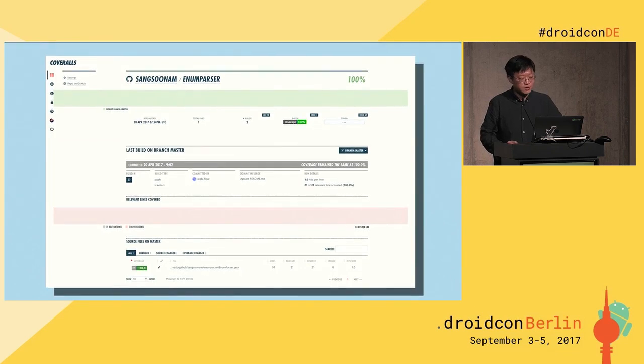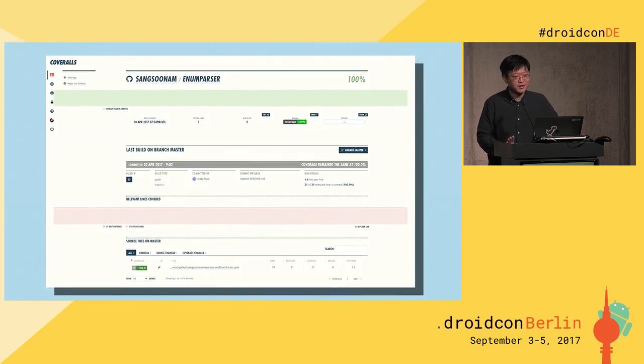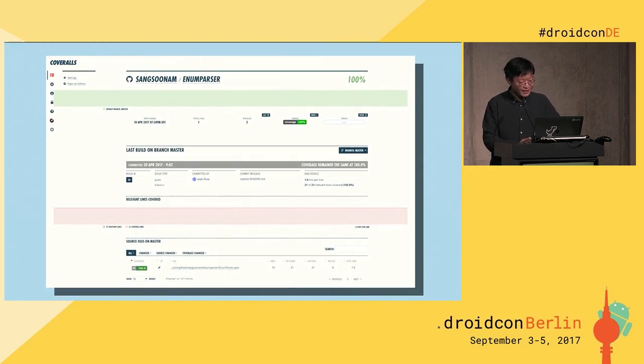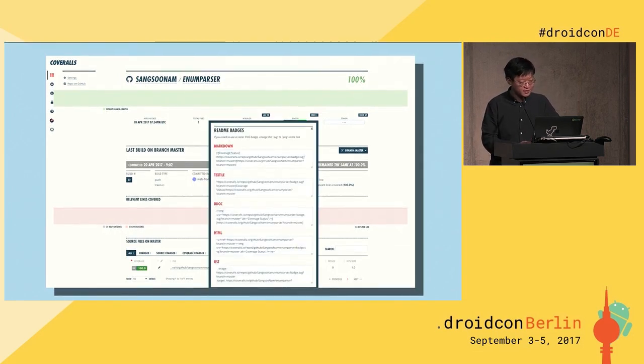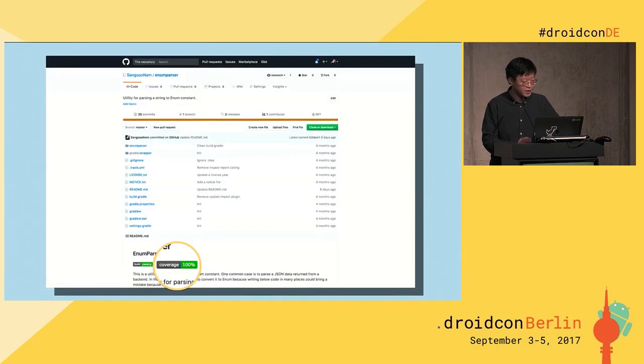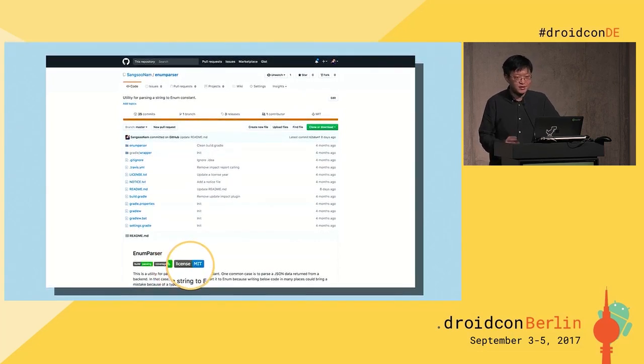And Coveralls is now showing the test coverage. Mine has 100%. That is really unrealistic, but that's really great. You can also click the status, copy the markdown image, and add the badge. Now, the repository build is passing, and the code coverage is 100%. If you like this kind of badge, there are a lot, and one is the license, which can also be a badge.